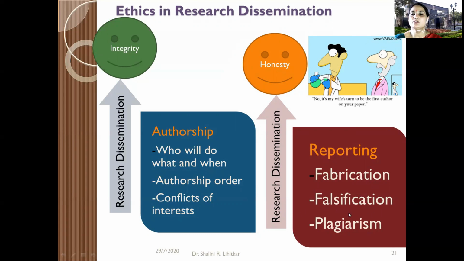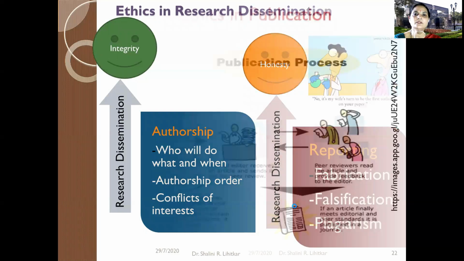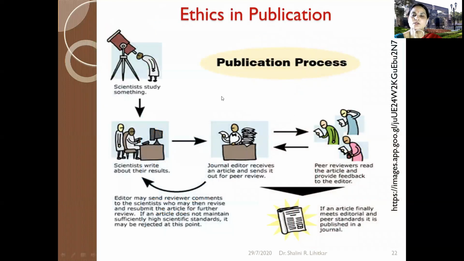To avoid this plagiarism, you can also use various plagiarism tools. So that is the ethics in research that we have seen till now. Then what is the ethics in publication? What we have seen was with respect to doing research. But after research, after collecting all the data and analyzing all the data, you go for publication. So what type of ethics do we have to follow